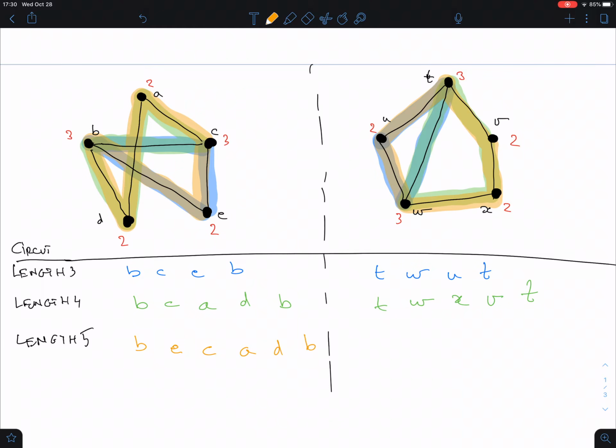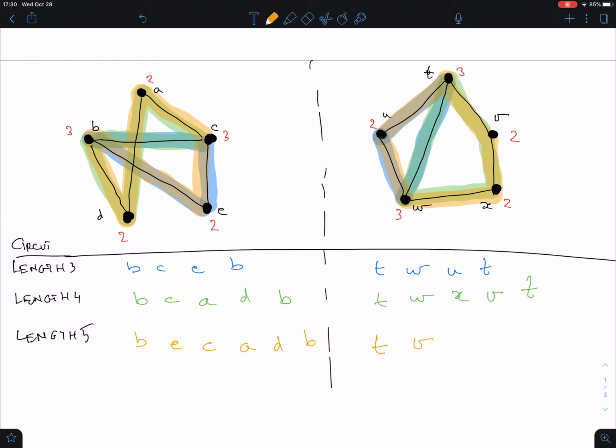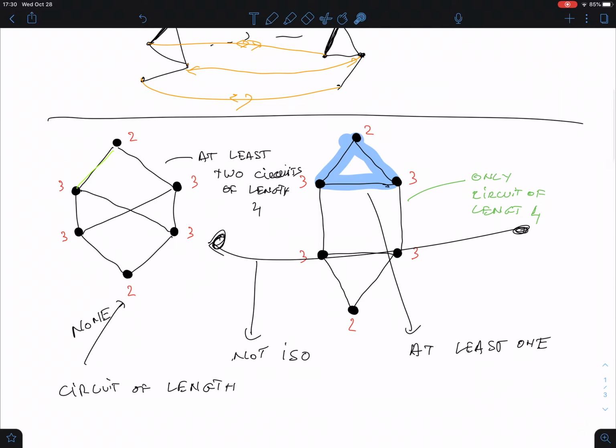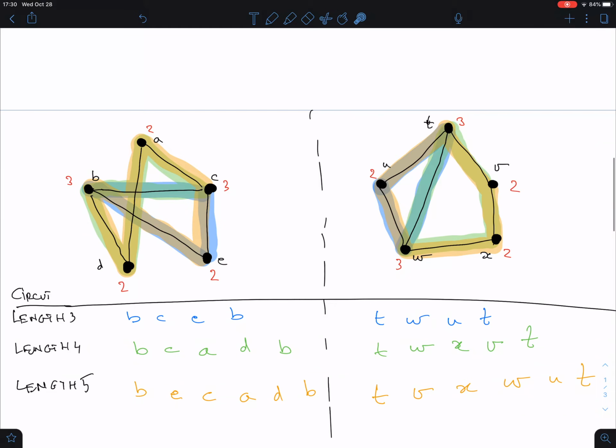So here we go from T, then we go to V, X, W, U, and T, if you go that way. So more and more it looks like we are dealing with graphs that are quite possibly isomorphic. They have a lot of invariants the same, right? Here we immediately remember, in the other case, the number of circuits of length 4, and these were different. There was one of length 3, there was none here. So in many respects we had many things that didn't match up. Here, everything matches up. And then we can use that to our advantage,